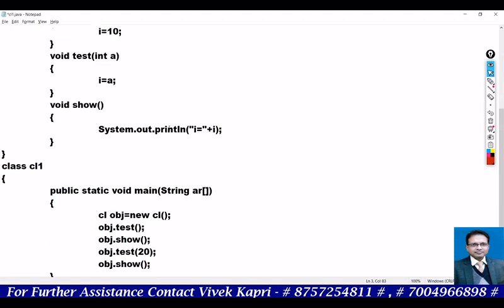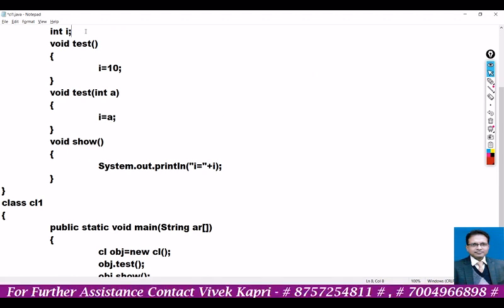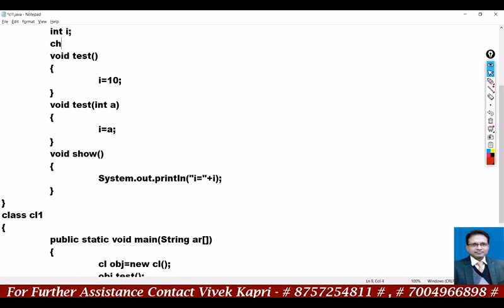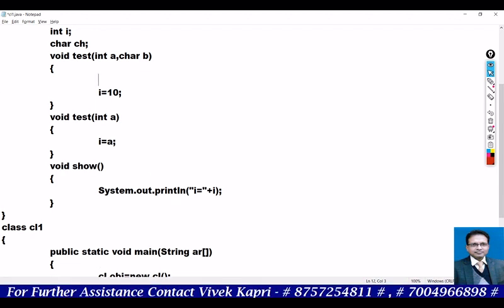So just take an example like this. Here I am declaring one variable of char type, char ch. Here int a, comma, char b. I am initializing i with a integer type and ch with b.